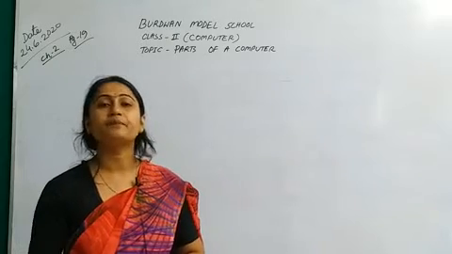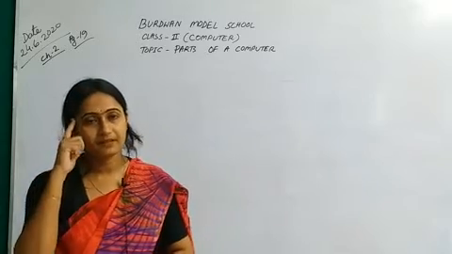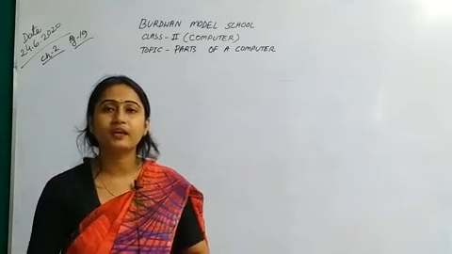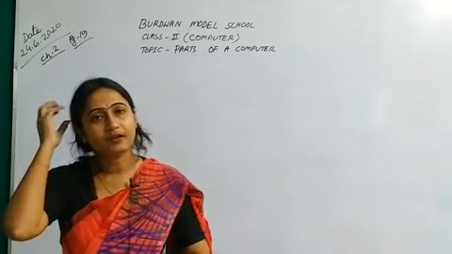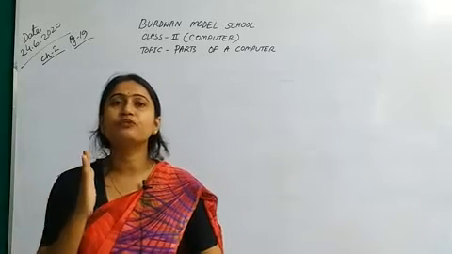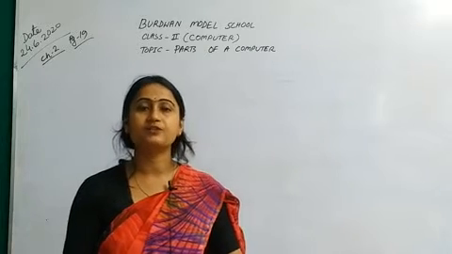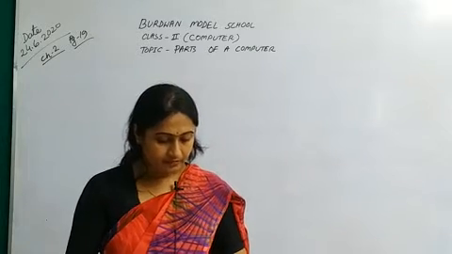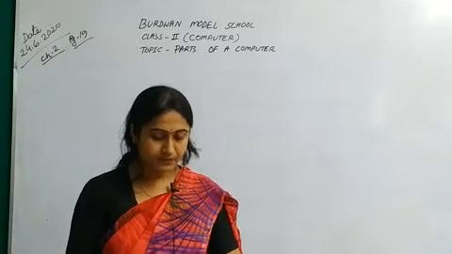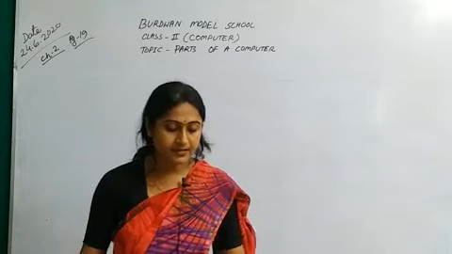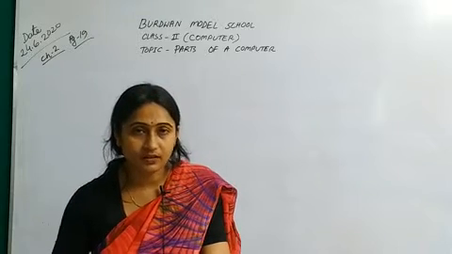It is also called the brain of a computer, because all the processing happens there. Just as our body's brain does the calculations and takes the decisions, the CPU does all the processing, all the calculations, and all the thinking. So the CPU is called the brain of a computer. It helps the computer to think and do all its work.